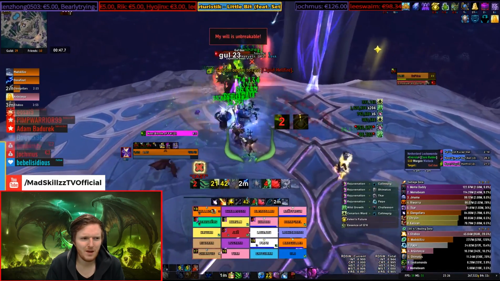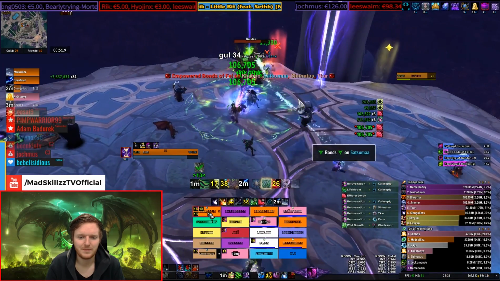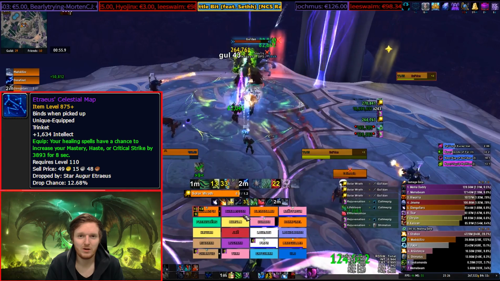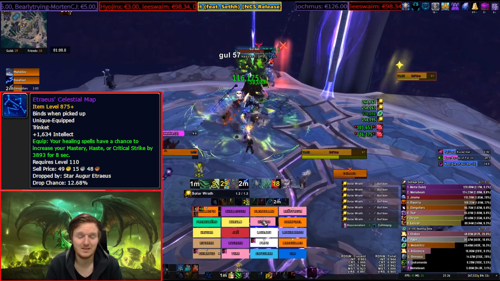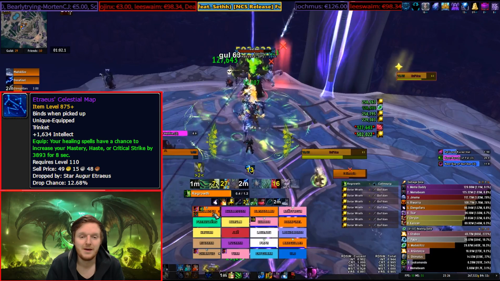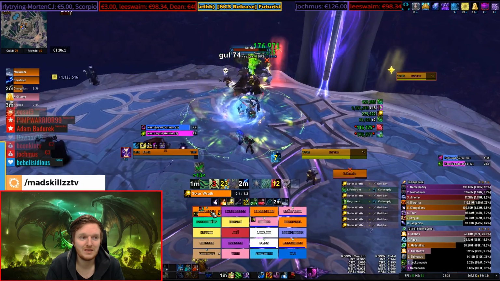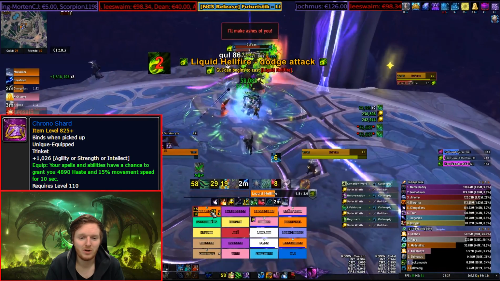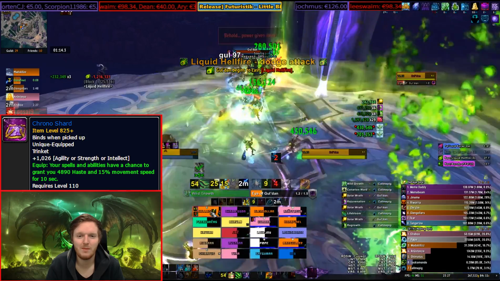So I wanted to just cover why proc trinkets are not good compared to stat sticks. Proc trinkets were never good in World of Warcraft for healers. They became really good right now because there are just no good secondary stat trinkets. So it's actually quite sad to see proc trinkets being one of the best things, like Map, Chrono Shard. Proc trinkets were never good because for healers it is not about 100% uptime or a very good